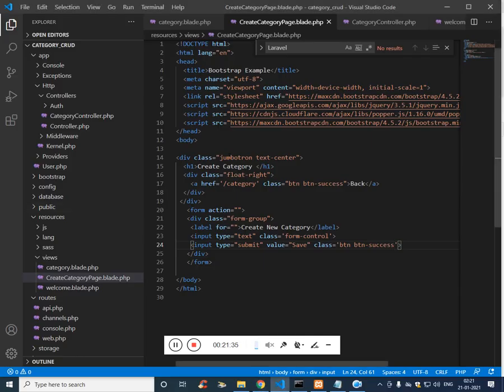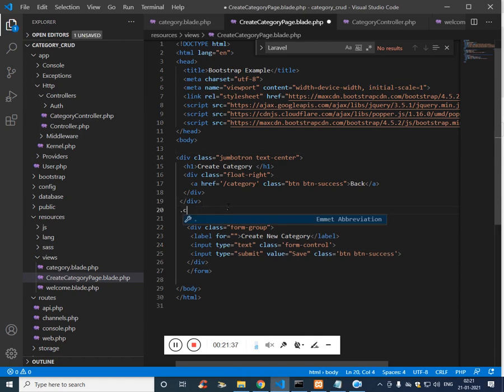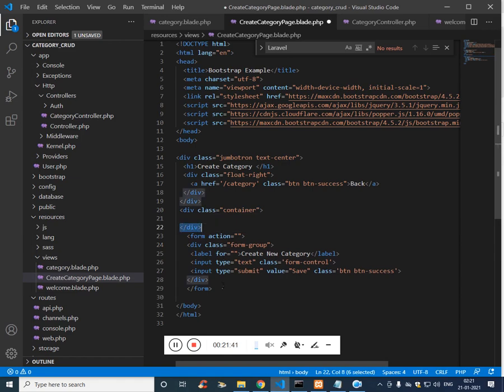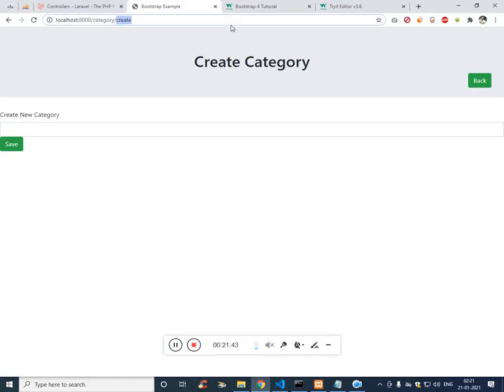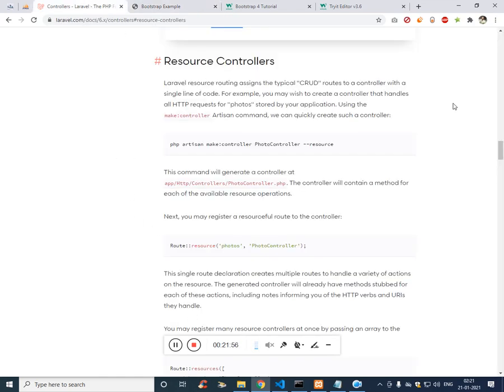If you want, you can get it inside the container. Fine. Now what we need to do is, when I click, let's add a validation.